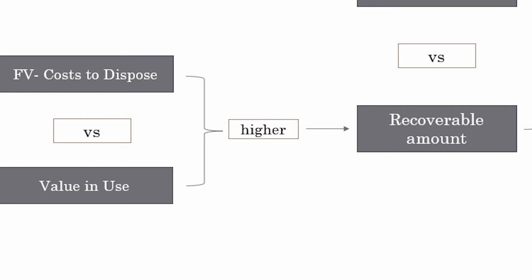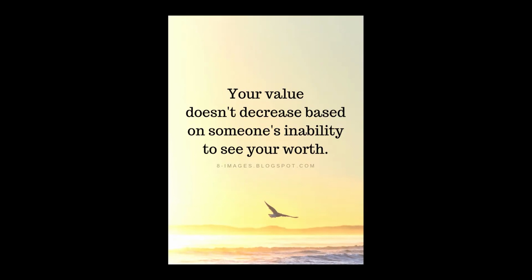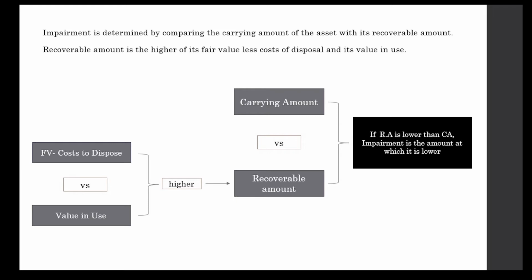So the higher of these two options will be your recoverable amount, because this is the amount which you are expected to recover through either the usage or the sale of this asset. This recoverable amount is then compared to the carrying amount. And if this recoverable amount is lower, which means that its value is actually lower than in the books, then there is impairment. Now, if your recoverable amount is lower than your carrying amount, then it means that impairment has occurred, and this